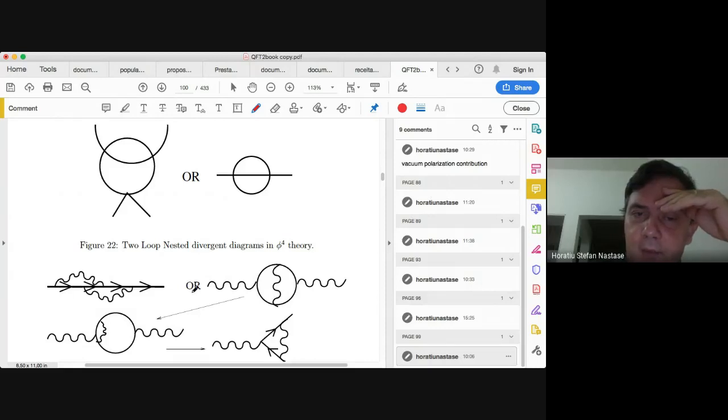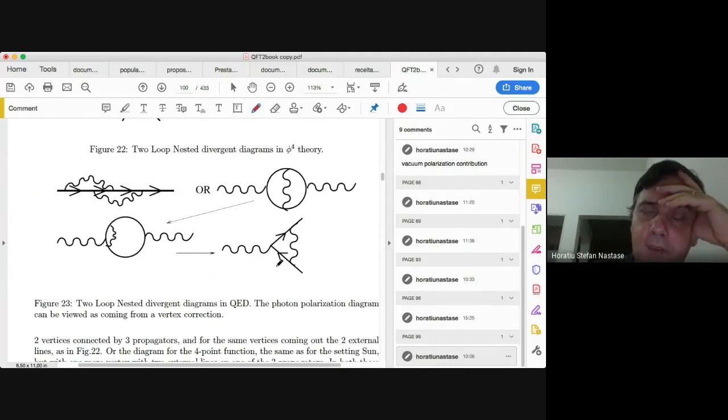The other possibility is for a correction to the photon propagator. So this is the photon propagator. Now what we've calculated was just this one loop fermion inside the photon propagator. But now I divide that photon, fermion loop, that electron loop, by another photon propagator. And now this loop and this loop share this photon